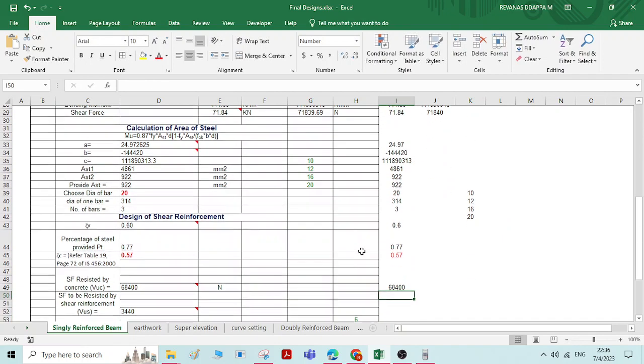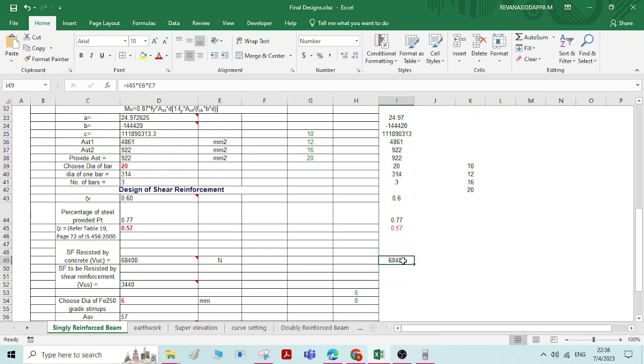Type enter. We can see the shear force that is resisted by the concrete. Okay, initially from the table we have calculated TOC, that is shear stress resisted by the concrete. Shear stress resisted multiplied by cross sectional area will give shear force resisted, that is 68,400 Newton. Okay,